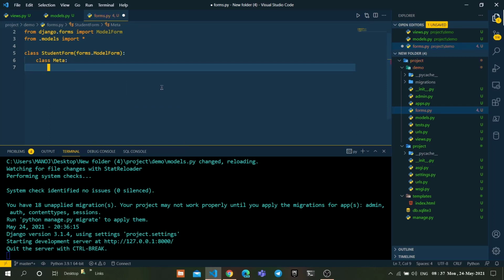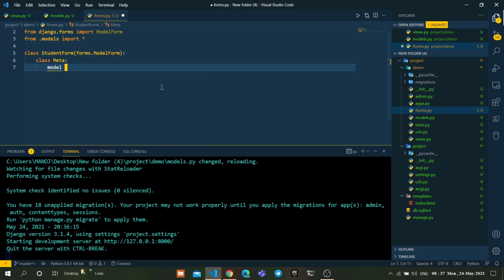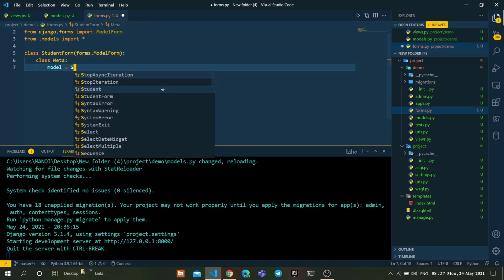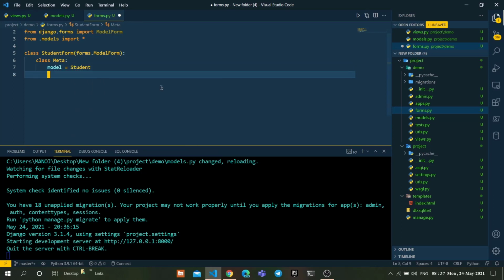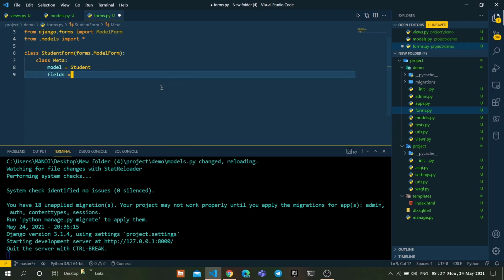Here what you can do is configure model equal to Student. Next, fields equal to, I'm using all fields.